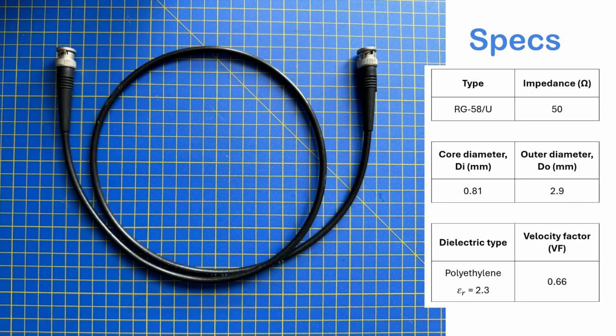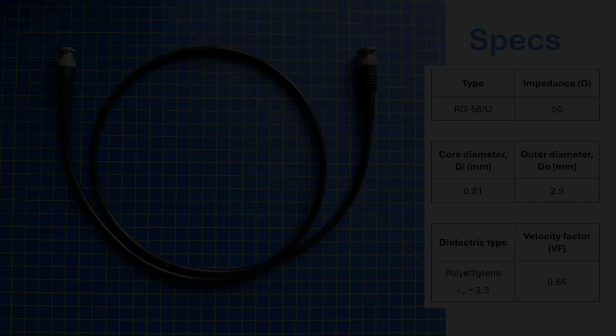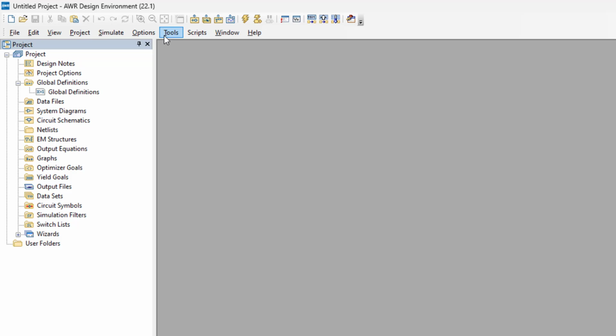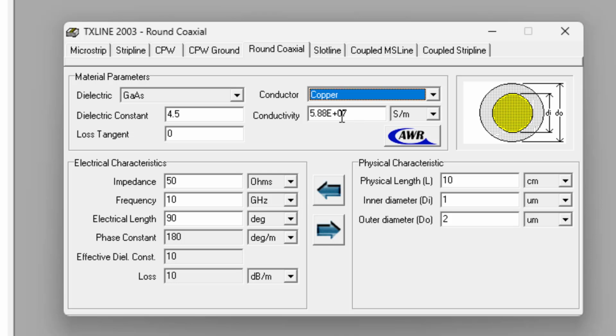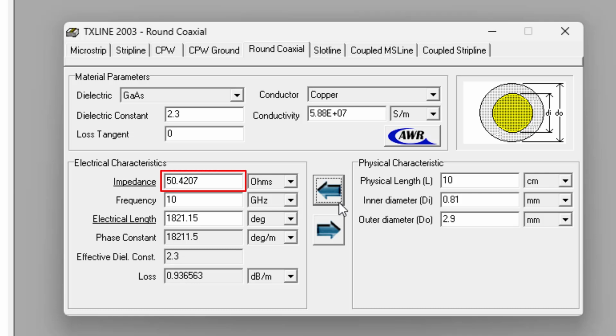So here is our coaxial cable. We know it's an RG58 and we know its specs. Its characteristic impedance is supposed to be 50 ohms, but how can we verify that? Firstly, based on its physical dimensions and dielectric constant, we can use TX line in AWR to calculate its impedance. Indeed, it comes out to be approximately 50 ohms, but let's go one step further and verify it using both